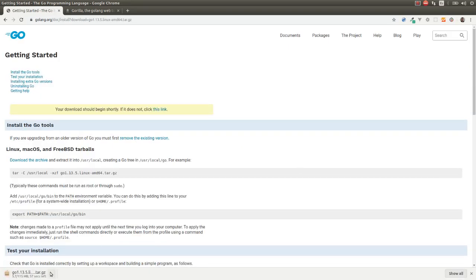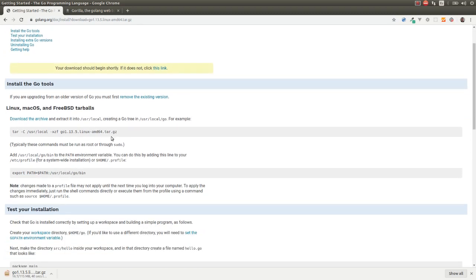So you download this file and here you have the instructions. You need to execute this command and you need to extract this file on this folder, and then you need